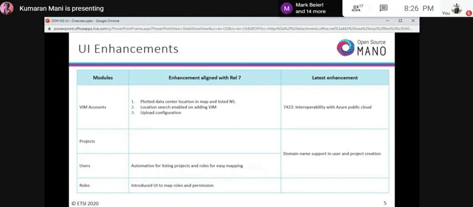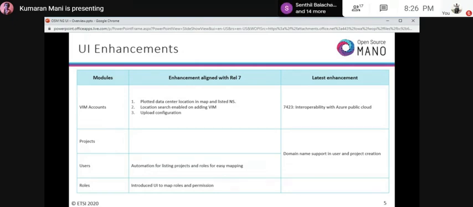While I go for the VIM account side, as we already mentioned in our tech course, we plotted a data center location view, which clearly specifies the location of data centers across the globe. Also, with a simple click on each and every location, the running instances available in each data center are shown in a pop-up.